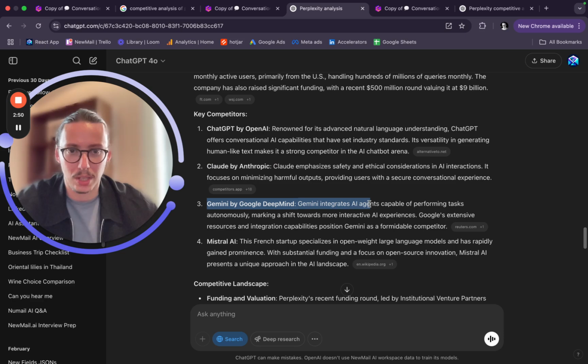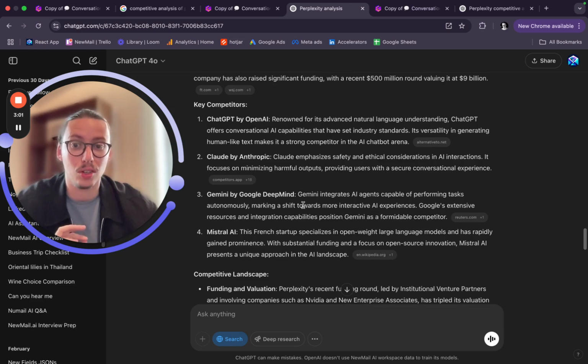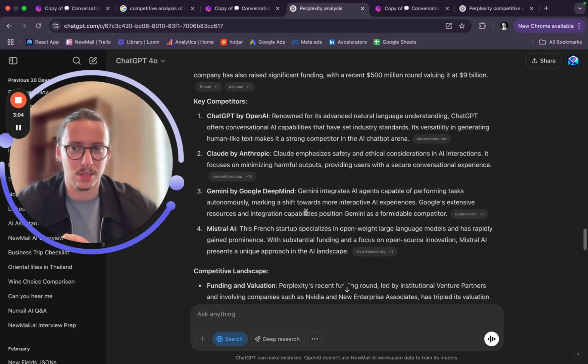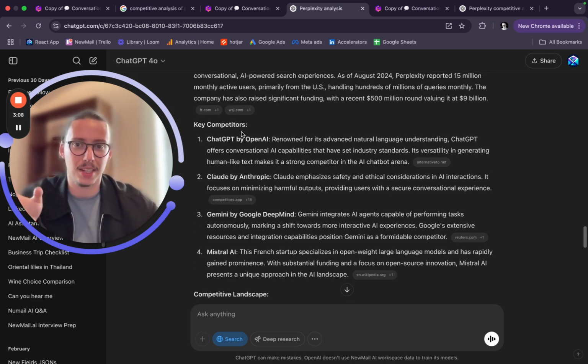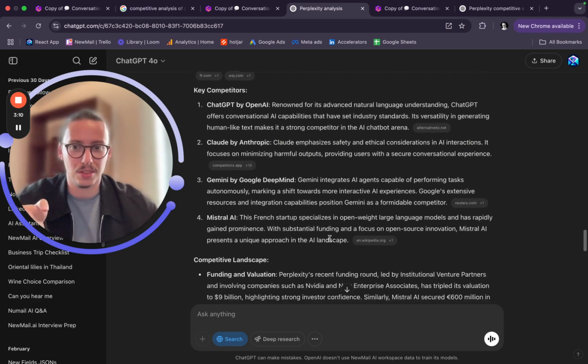Gemini, which is also like ChatGPT. Mistral. So these are all LLMs, which is part of what Perplexity does, but it's not really what Perplexity does. So it's gone and it's understood it's an AI-driven search engine, and then it's told me, look, these are the other AIs,